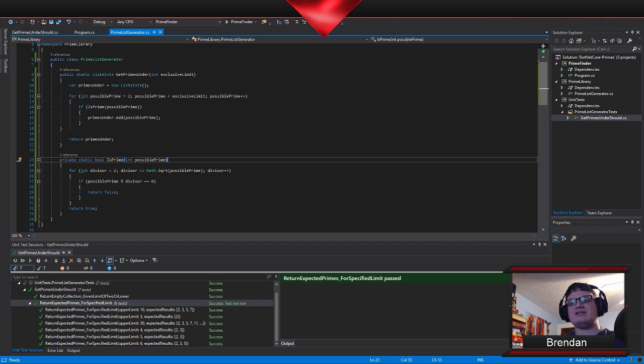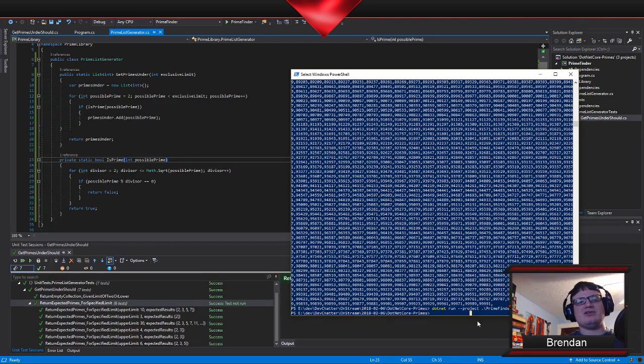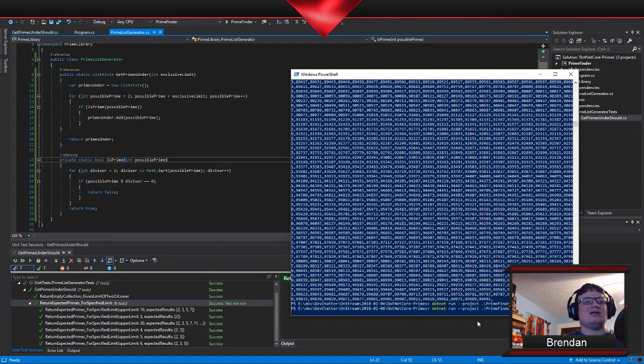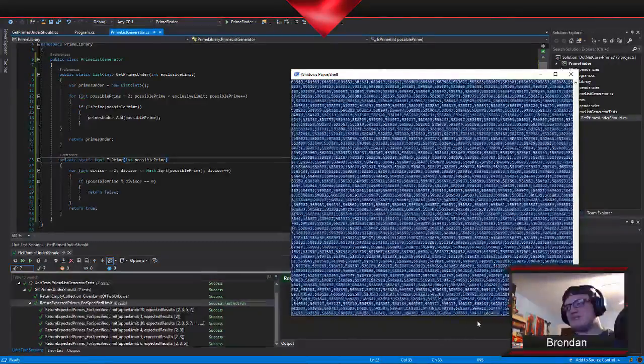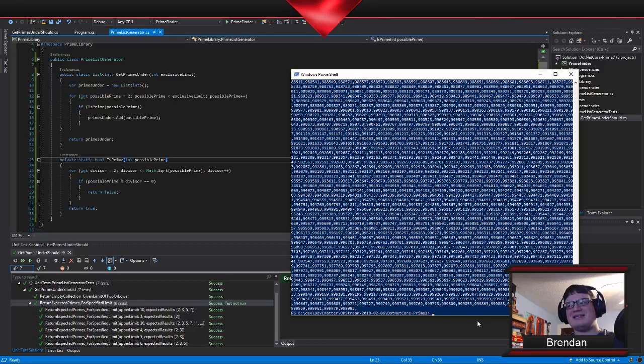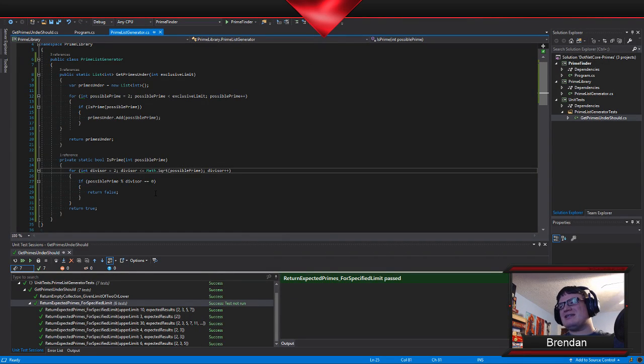In theory, it should be a little faster. I think you guys remember how we let this run for a little bit and didn't get back any results. So now that we're only going up to the square root, hey, that is much faster. I mean, it's still taking a while as it prints it out, but that's not the calculation. So that little piece alone meant when we checked 97, for example, all we had to do was go 2, 3, 4, 5, 6, 7, 8, 9, and then we didn't even check 10. So that works out nicely.